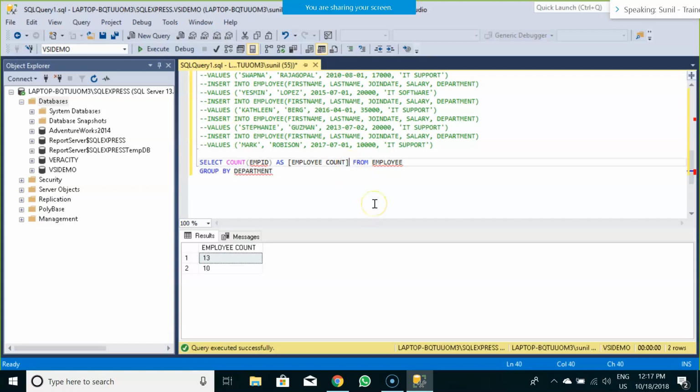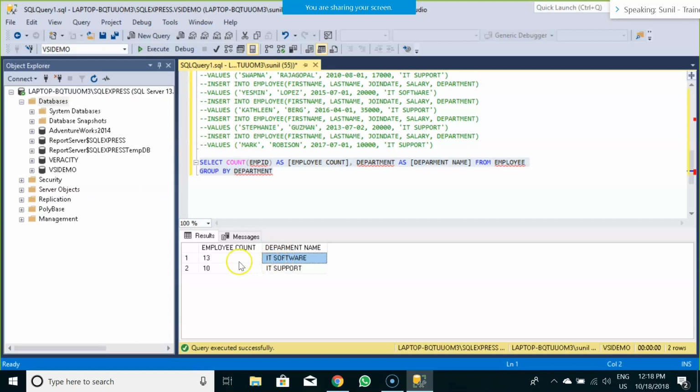For that scenario, I would modify my query as department, as what is the name of the column that I would like to see, that is department name, from employee. Now this query would add one more column alongside the employee count wherein it would show me the department name as well, like this.